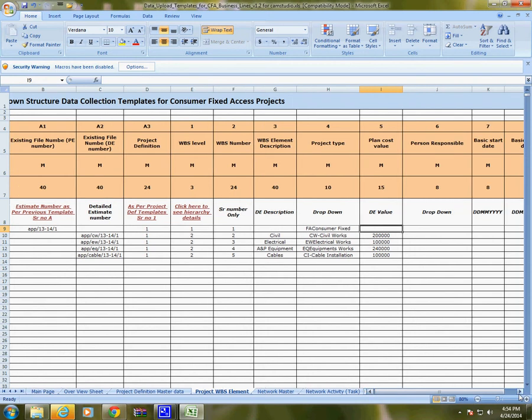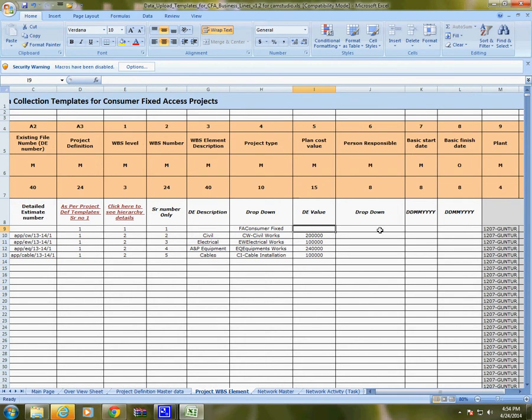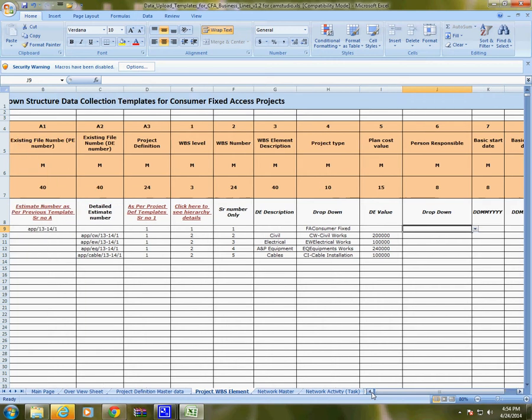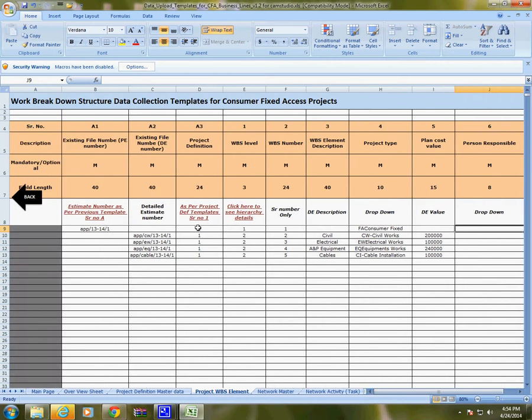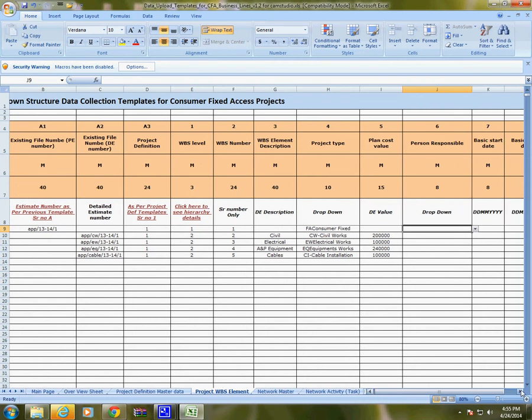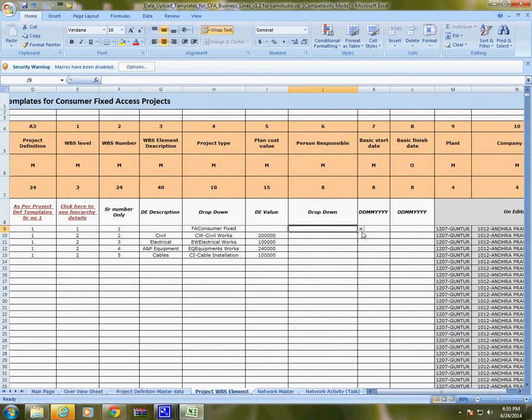The next column is person responsible. For person responsible, what we have to do is, for all the level 1 WBS, this one, here we are defining the level. For each entry having 1, we will select the AGM planning of that business line as the person responsible.